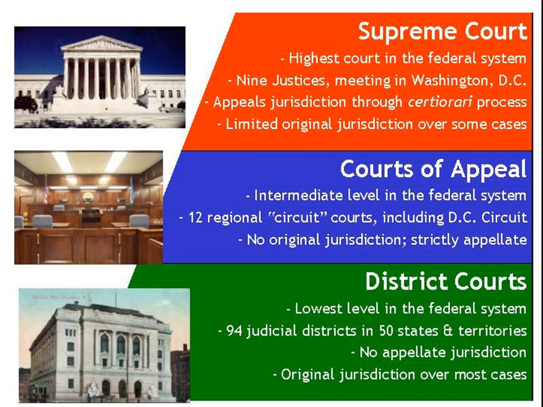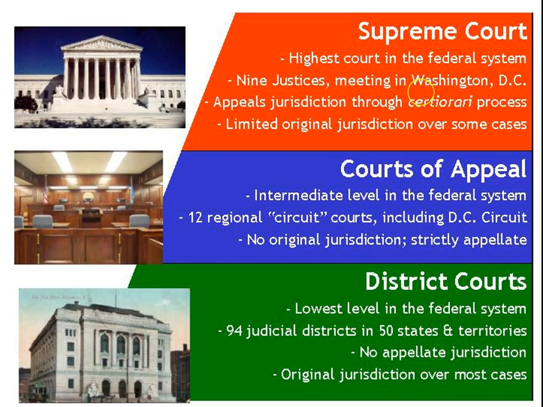So here's a good graph that'll help you figure it out. These lower courts we looked at in the federal system. So lowest level in the Fed system, there's 94 judicial districts in 50 states and territories. And the Court of Appeal, actually that's the proper name, it's not the Court of Appeals, it's the Court of Appeal. This is the intermediate level in the federal system. And there are 12 regional or circuit courts, including the DC circuit. And then finally, the federal Supreme Court, the highest court in the federal system, where there are 9 justices that